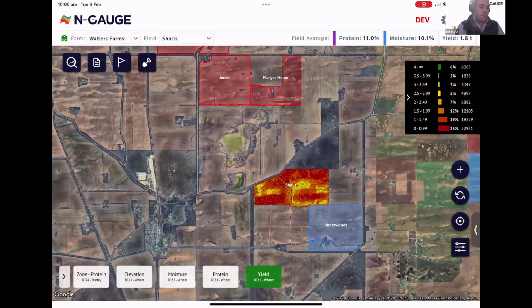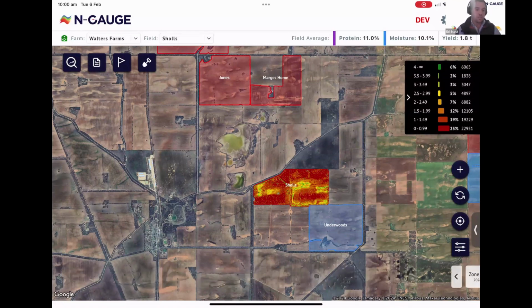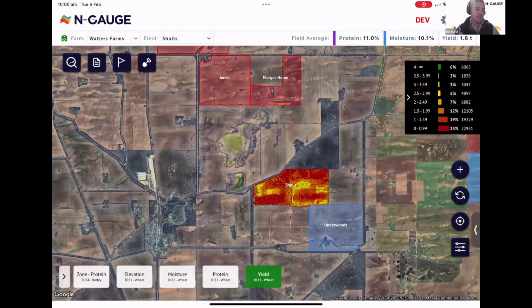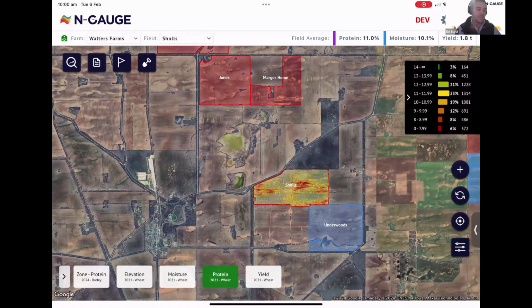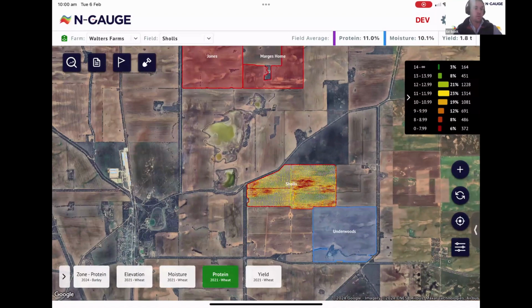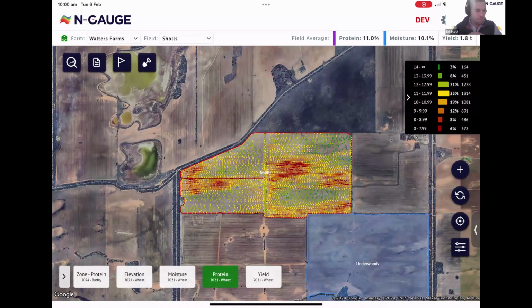When we look at a field, if we've imported the yield as well as the protein, we'll see these layers come in along the bottom. Across the bottom we've got this tray, and quite often it's hidden initially, so just push the arrow in the bottom right and that'll expand the tray. We'll have the yield and the protein layer in here. We'll also get the moisture for all the layers, and with your yield files we'll also have the elevation come in. If you had a canola field, you'd also see oil down there as well. So when we've got that data in the field, we can then go through, I guess, the